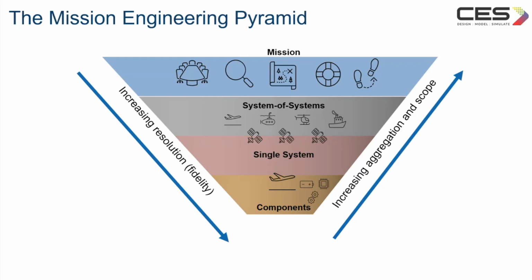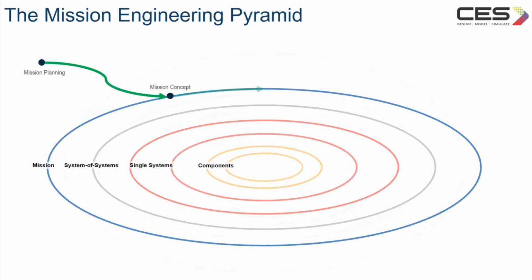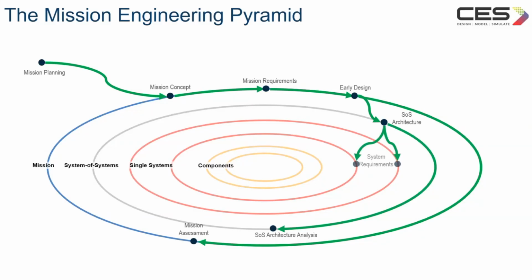Okay, I believe you are aware of this pyramid. It's very famous. And now we have all this animation. This is interesting because the key idea is that every engineering decision should ultimately trace back to mission success. Instead of designing components first and hoping they satisfy the mission, we start with the mission and systematically flow requirements